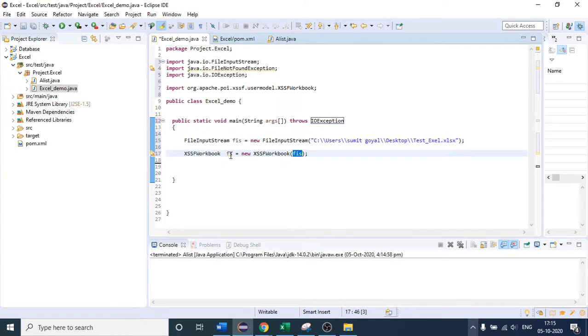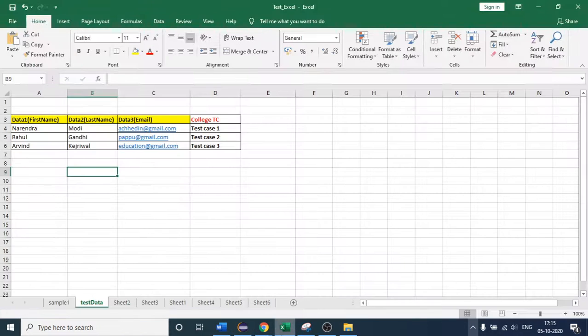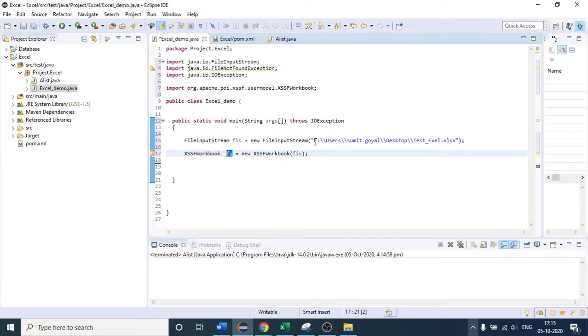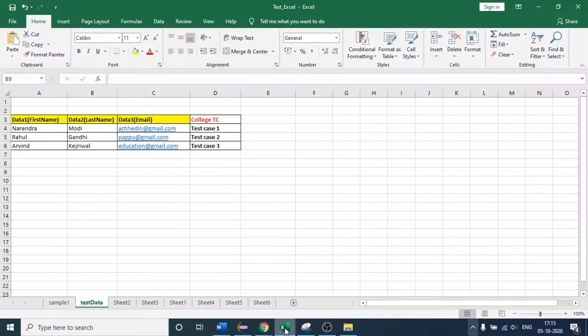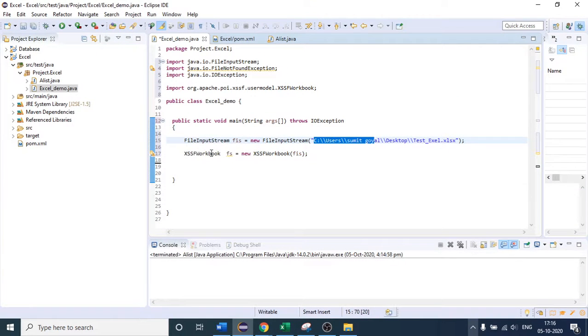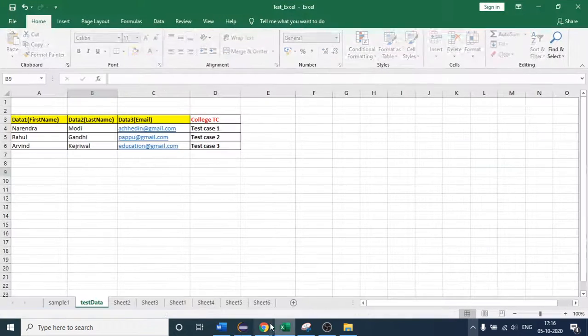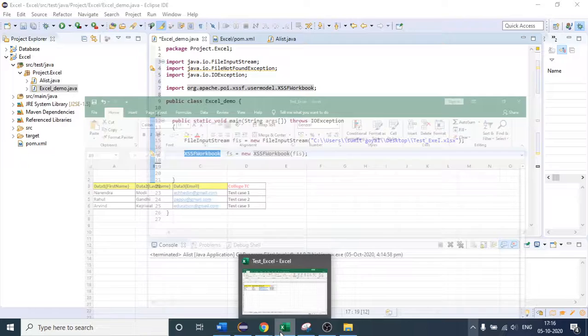If we provide it like that, then this fs object will have the knowledge of where this file is located, right? Because we are providing the path here, and giving the path to this object. This class object fs will know where your Excel file is located due to this. After that, as I was saying, you will have some methods inside this class to get hold of your sheet. So this is the first step we always have to do.